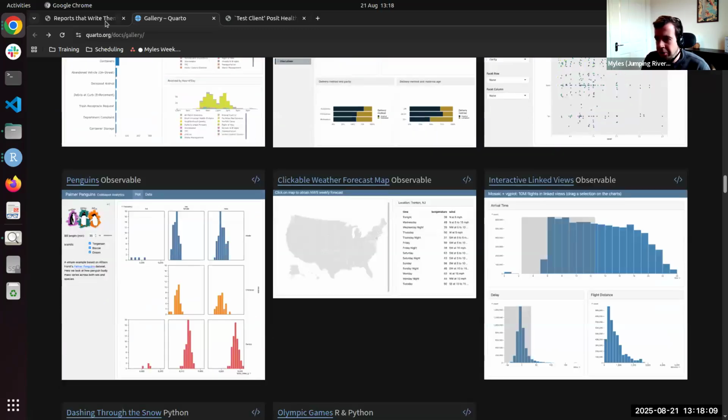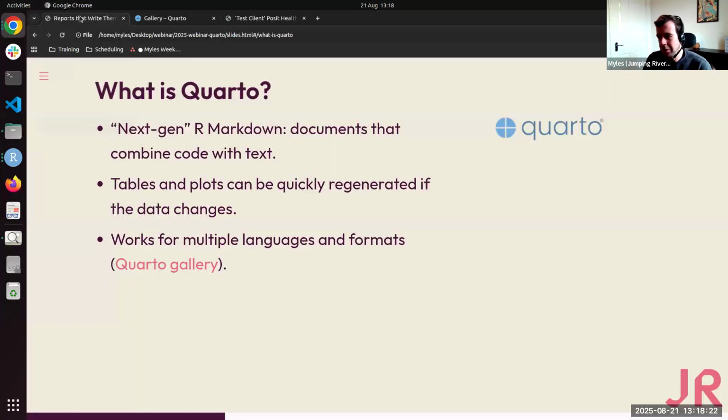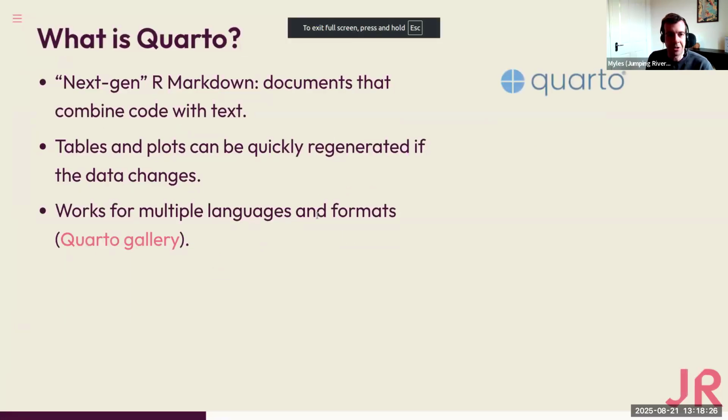So yeah, if you're interested in any of these, you can have a look here. And the Quarto documentation is really good. So if you feel like I've missed anything during today's talk, I would suggest having a look at the Quarto documentation, because it's full of really helpful tutorials and examples for putting together these various types of documents.